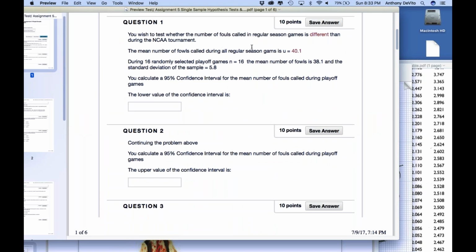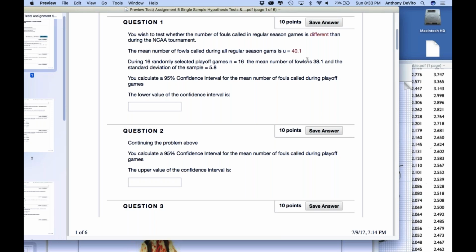You wish to test if the number of fouls called in a regular season game is different than during the NCAA tournament. The mean number of fouls called during all regular season games is 40.1, because we could go back in time and actually check every game. During 16 randomly selected playoff games, in other words, sample size is 16,